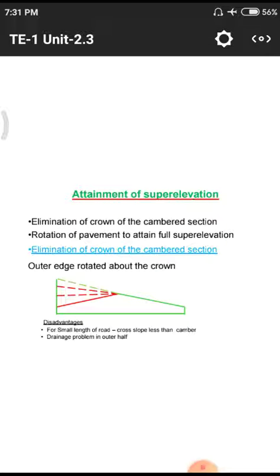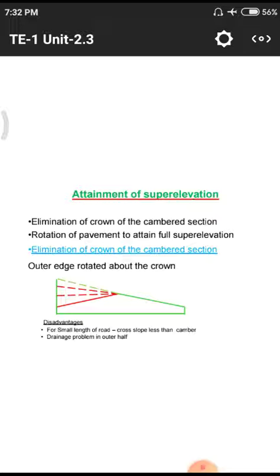This is the alignment of the super elevation. The green color shows the total embankment of the pavement. Embankment means the surface profile of the pavement is given here in green color, and they are giving two lines with the help of these dotted lines. After that we have the normal green line, such that in normal conditions we maintain the total road surface with the proper super elevation angle. In normal conditions we have to provide some camber and banking angle, so that for drainage purposes they simply reduce the thickness of the pavement.